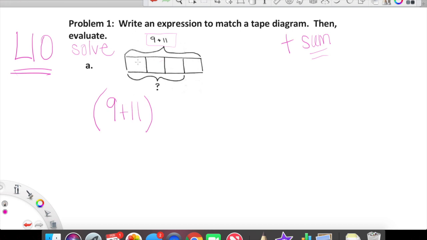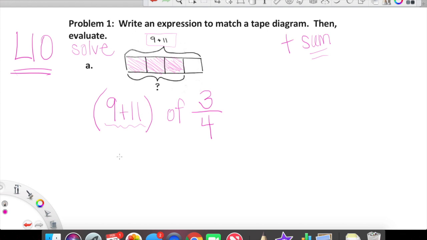And then I also am noticing that the rectangle is chopped into 4 pieces. So we're going to be looking for a fraction of the sum of 9 plus 11. And I know that the fraction is going to have a denominator of 4 because the rectangle is chopped into 1, 2, 3, 4 pieces. We are interested in, though, you can see the question mark is labeled across 3 of these pieces. So what we're actually interested in, you guys, is 3/4 of